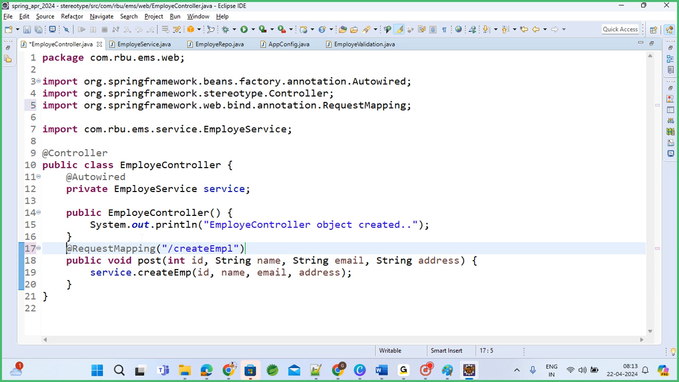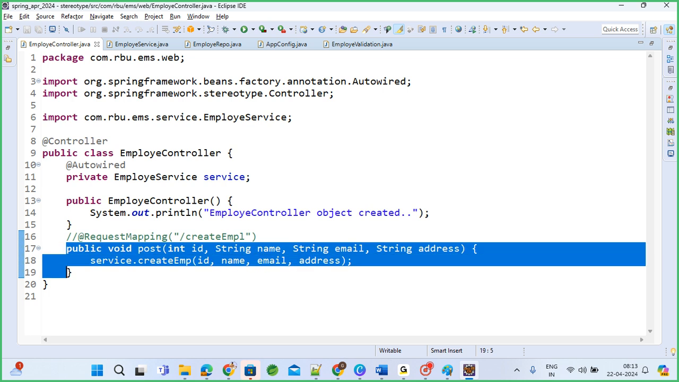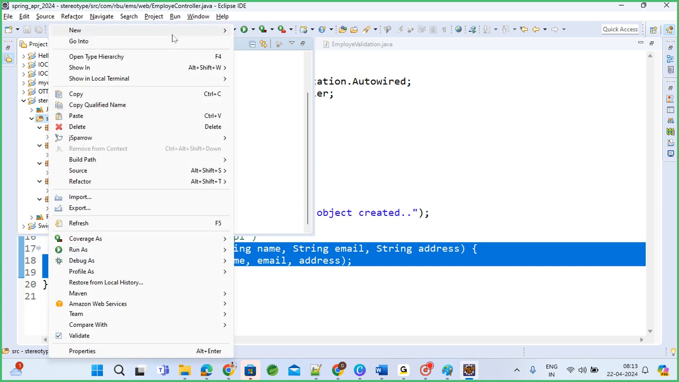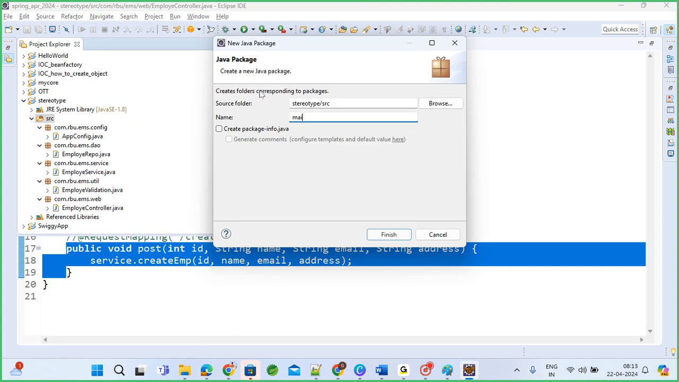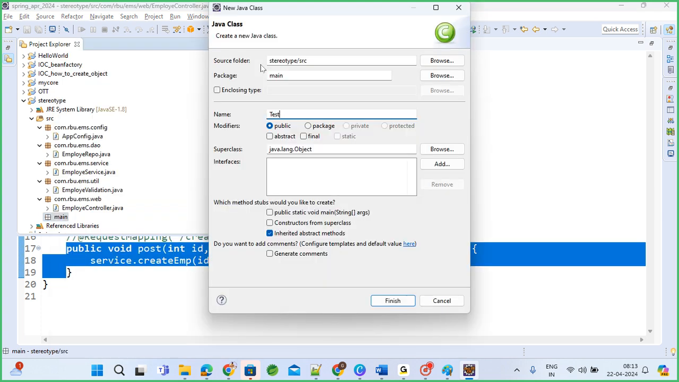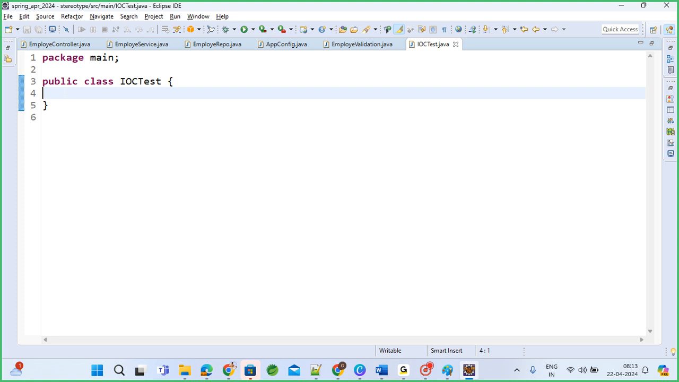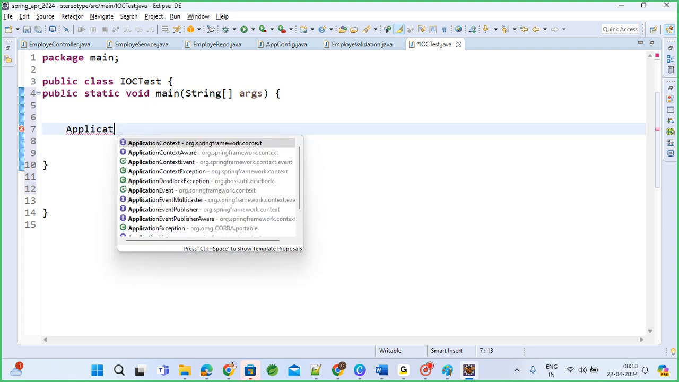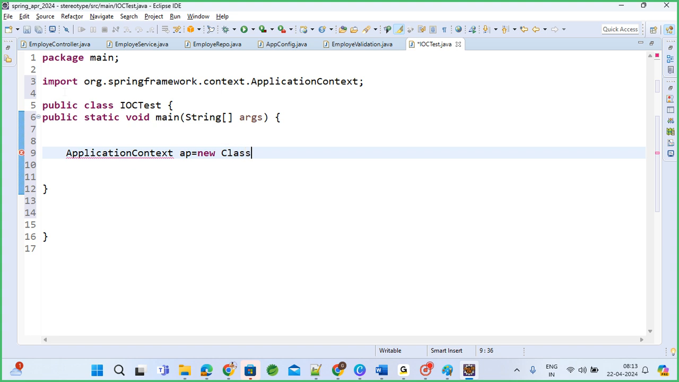Okay, so as we don't have any front end now, we will test it from a simple main method only. Application context, new class path XML application context,